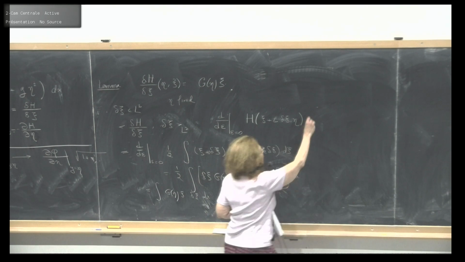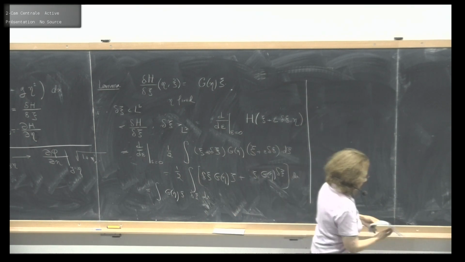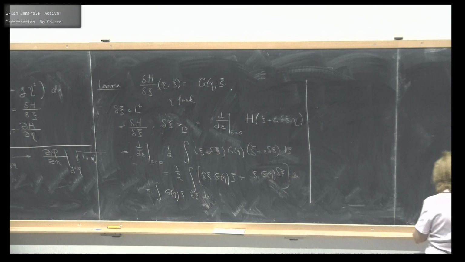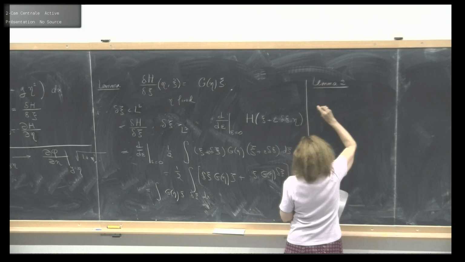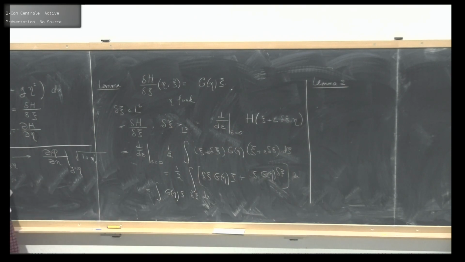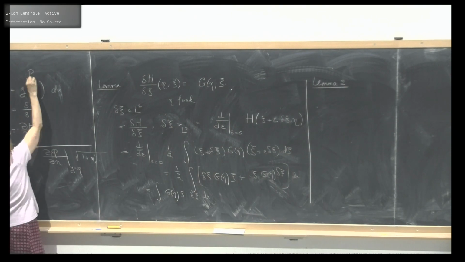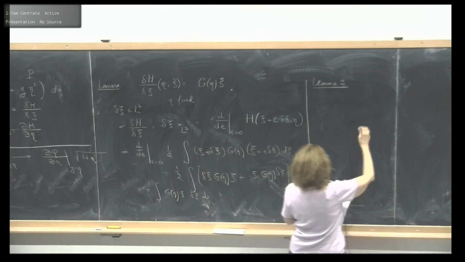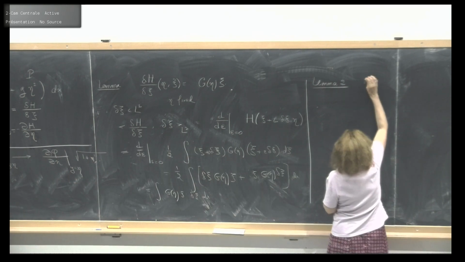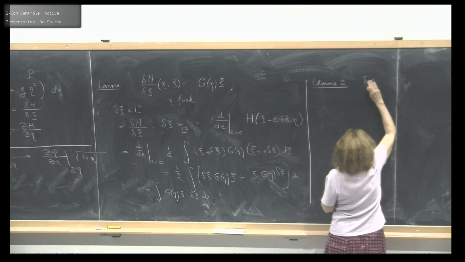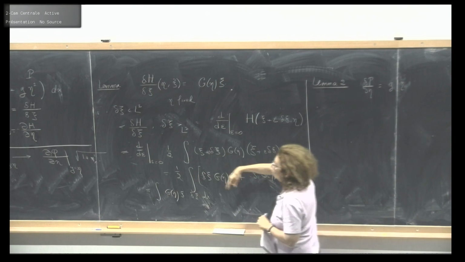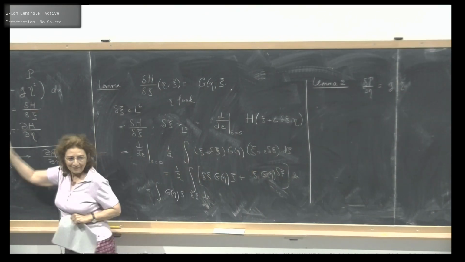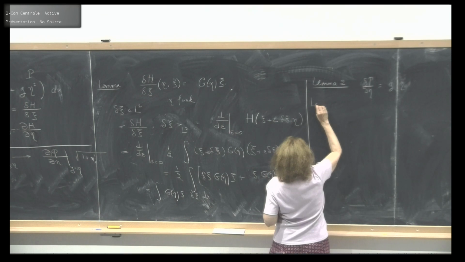So let's go to the second one. Maybe this one I can leave to you because it's very easy. If I do lemma 2, this is K, and this is plus P. If I differentiate P, not H, then the derivative of P with respect to eta is equal to g eta. That's the same calculation, even easier. Now let's go to the more difficult term.